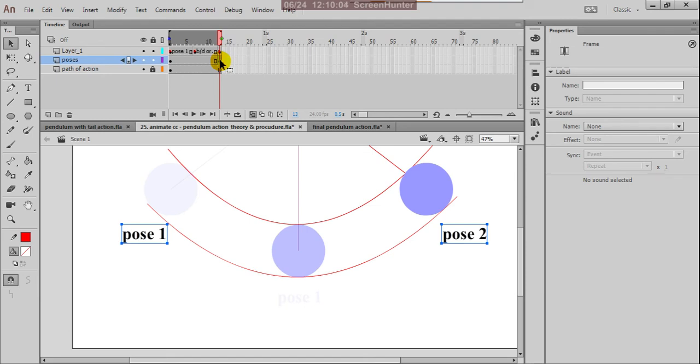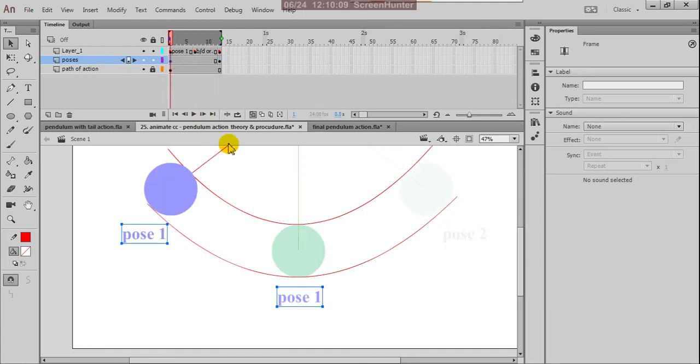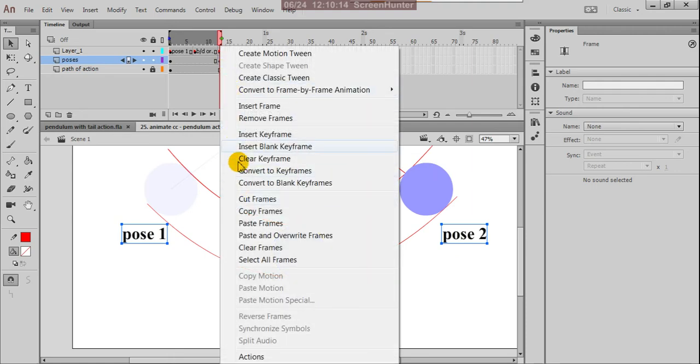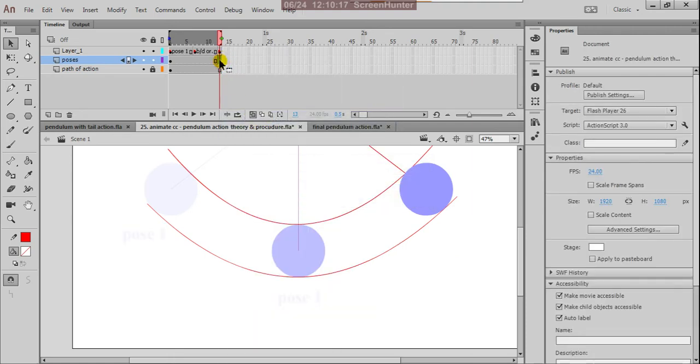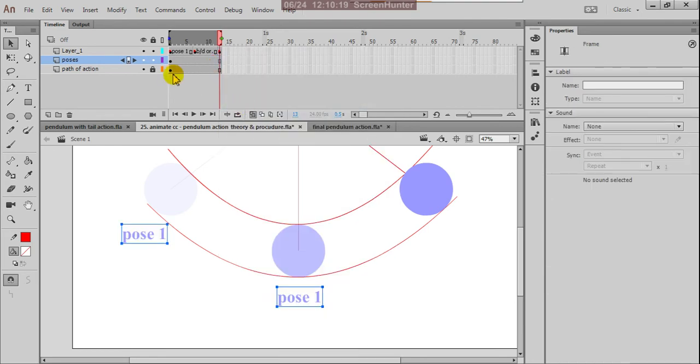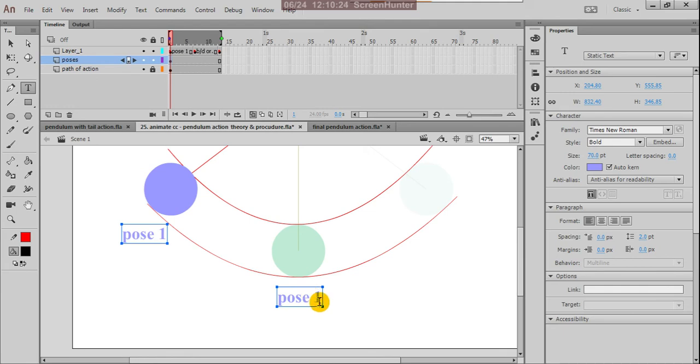This is white. Okay, I'll check here. Can remove this. Yeah, this is breakdown or passing position. Passing position.